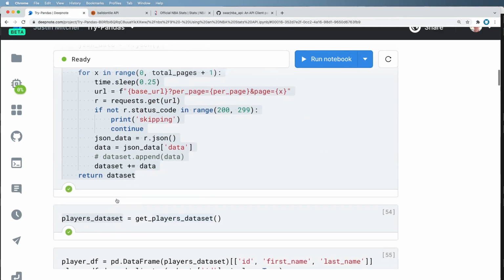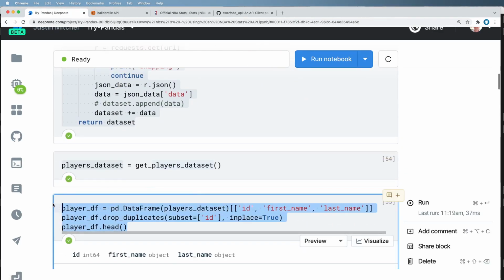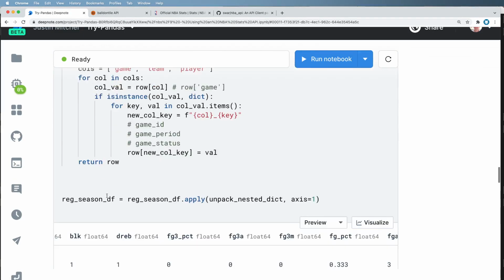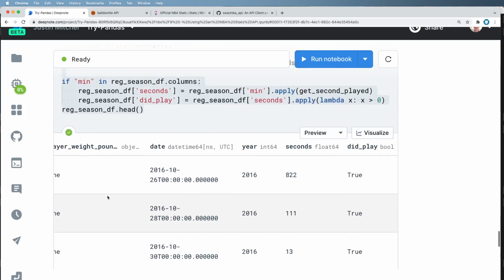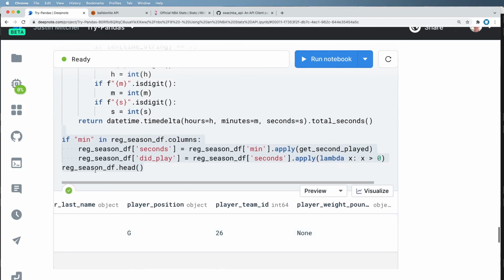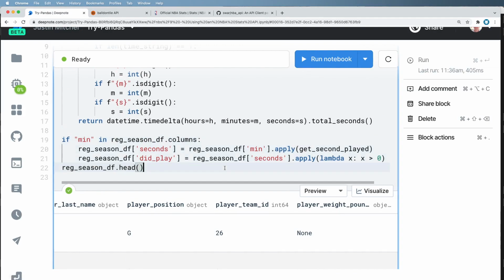So the player data frame, we get that data set and then we have this right here. That's only a few steps. It doesn't really need that much more configuration, right? But our actual regular season data frame or our post-season data frame, we absolutely need to update it a little bit. And that's something we'll definitely do in the next part, but I want you to stop for a moment